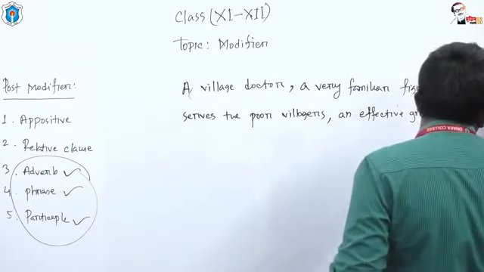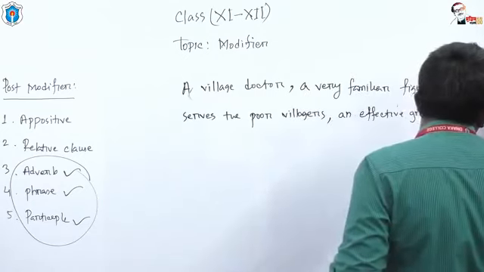Now, dear students, if you get any use of post modifier regarding appositive, you are requested to find out. That means you are requested to find out the appositives used in the sentence. Write the appositives used in the sentence in the comment box. Have you got one appositive or two, dear students?